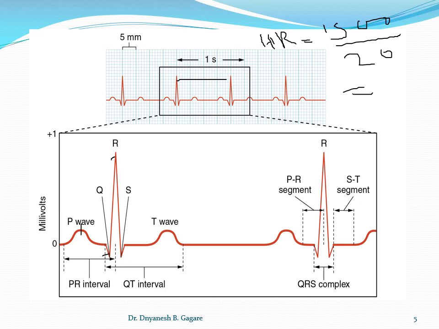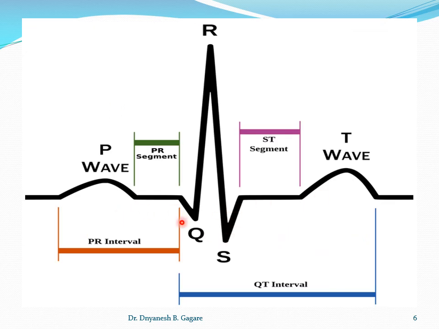So while you draw the ECG, you have to label it also. One more diagram is there, it's easy. You can draw this diagram in case there is a question: draw and label the ECG from lead 2. So draw this diagram, it is very simple. Just show the waves, okay, and just compare the height of the waves. How big is the T wave, how big is the P wave? It should not be that the P wave is bigger than the T wave, or that the R wave looks as small as the T wave. So see, the proportion should be maintained when you draw the ECG.